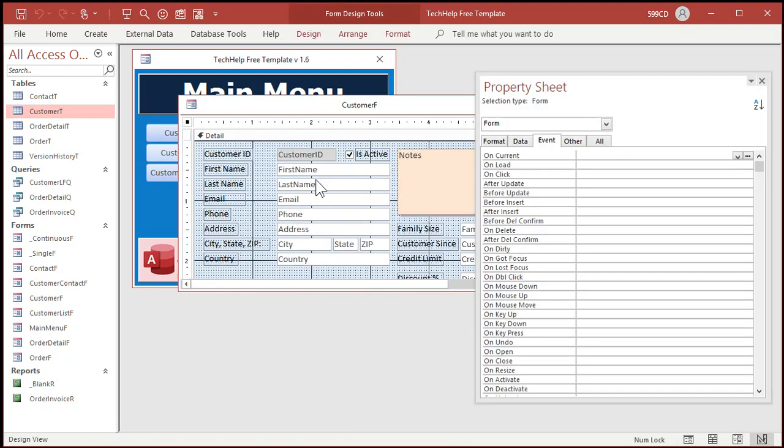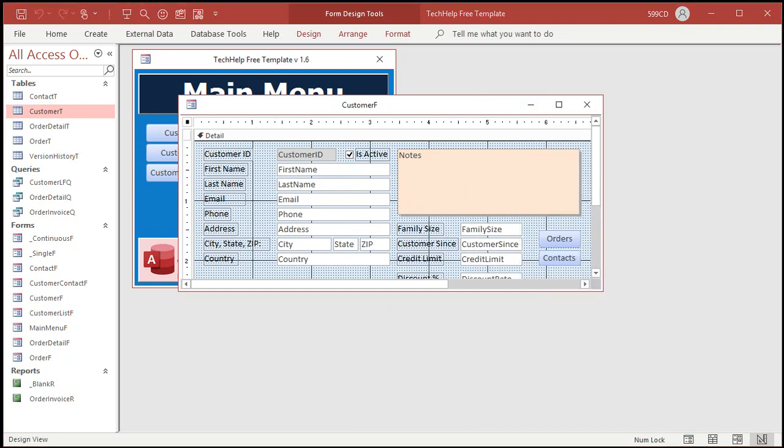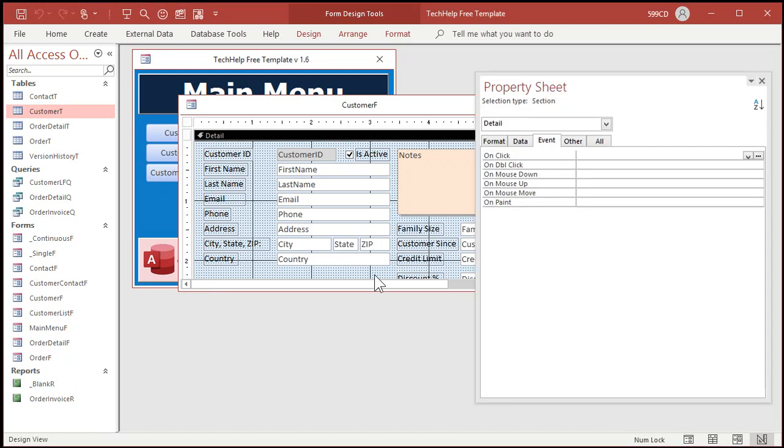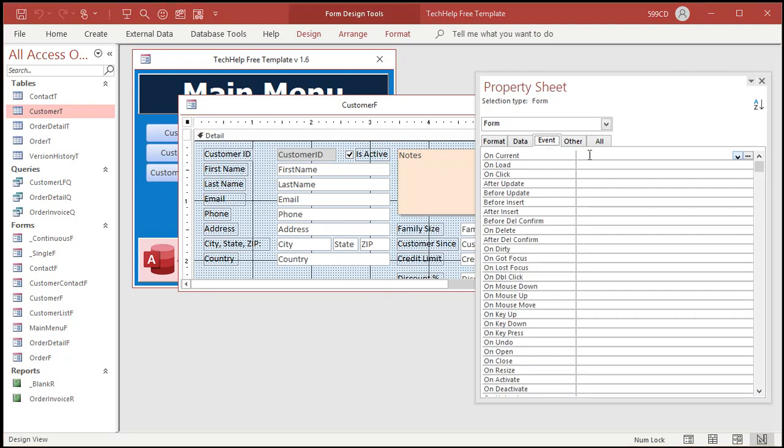I've got videos on the onCurrent event too. I'll put a link down below. The onCurrent event is an event that runs when you move from record to record, including when the form opens and the first record loads. So go to the form properties, find the events, onCurrent,